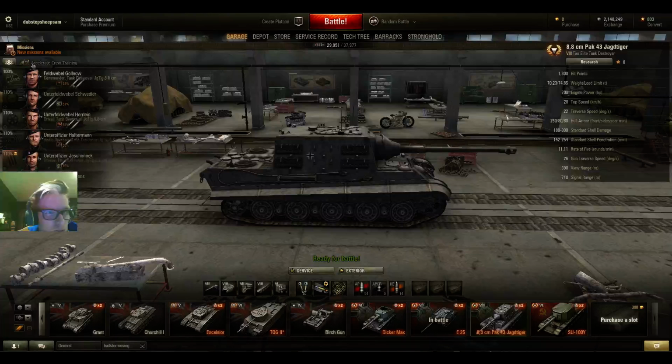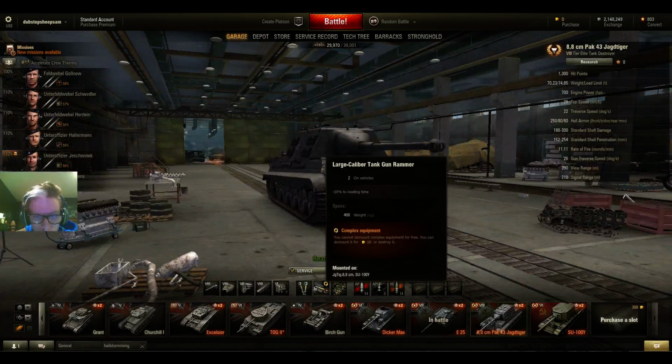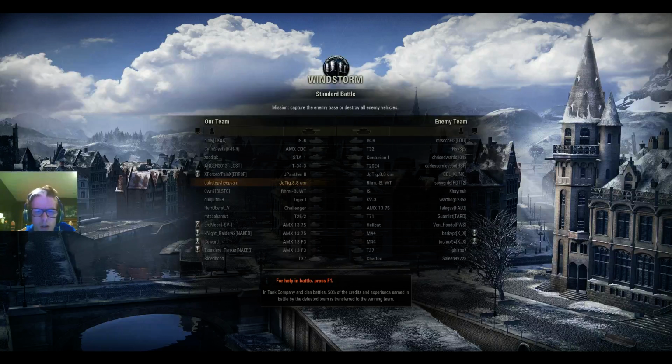Now, I also have crew skills on here too. My Sixth Sense is only at 58, and most of my skills are between 56 and 58. So we're still waiting for that to come to fruition. But I do have Camo Net, Gun Rammer, and Binox mounted on here because actually when I had XVM installed and mods on my account, which would have been before I got my new computer,